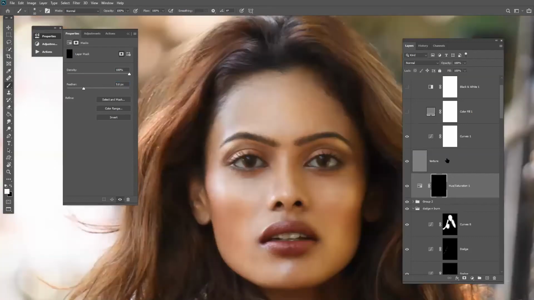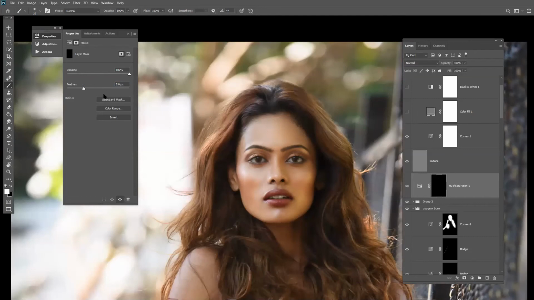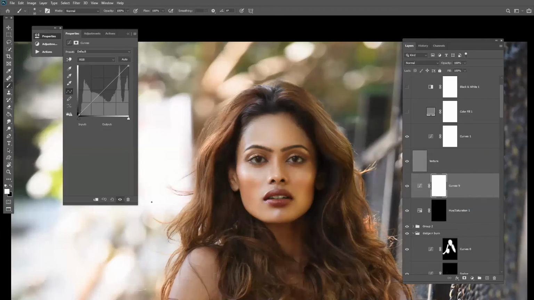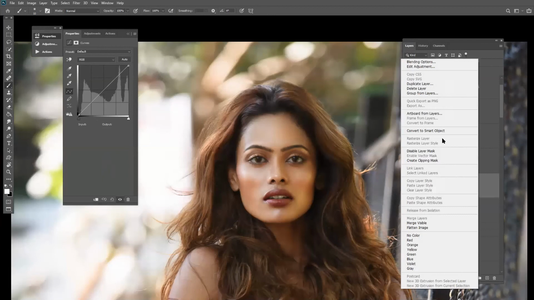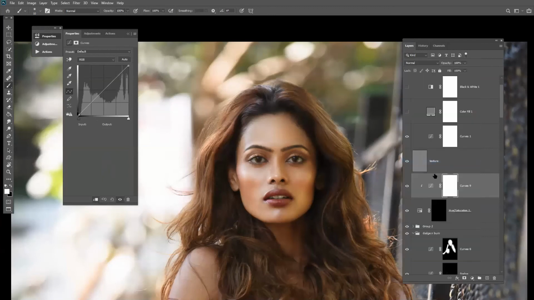So you can see the difference. 5. Now you can reduce the opacity also if you want a little more natural color. So now you can see this. Now you can go to curves adjustment layer and do the clipping mask. What a clipping mask does is it will only work on the layer just below it, here the hue saturation layer only. So we go and enhance, not too much. Okay, fine. Yeah, we got the enhancement.